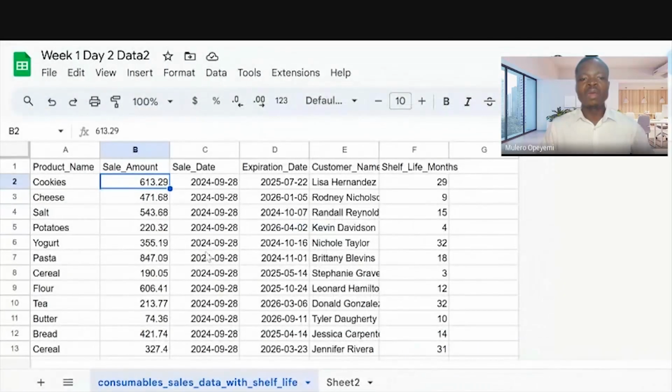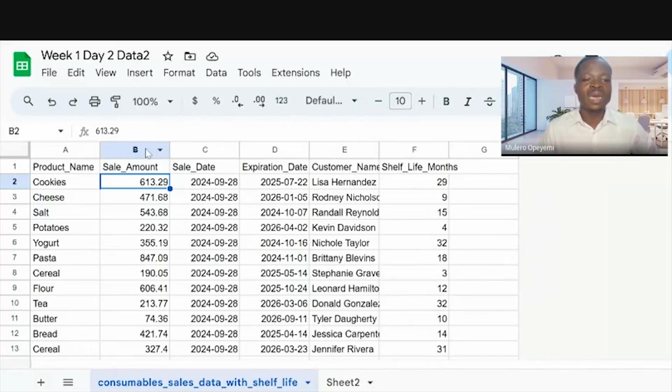That's on one side. On the other hand, it is possible that I share a Google Sheet with you and you will not be able to edit it. I only grant permission for you to view. But yet you want to make use of that data for maybe practice, or you want to get specific insight from that data. The best thing to do is to make a copy. So back to where we stopped.